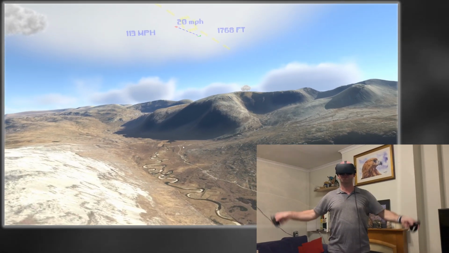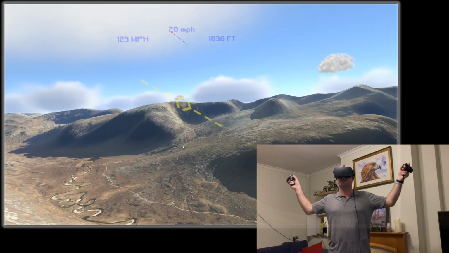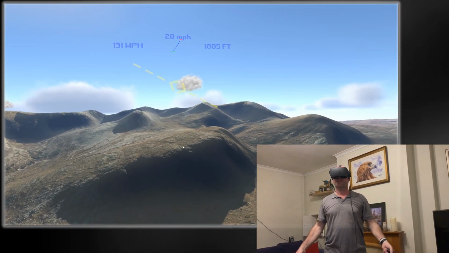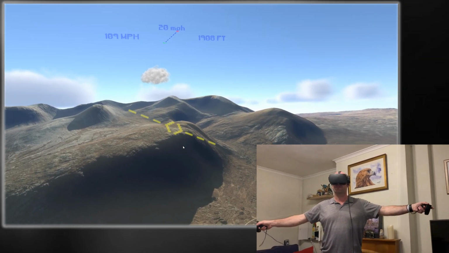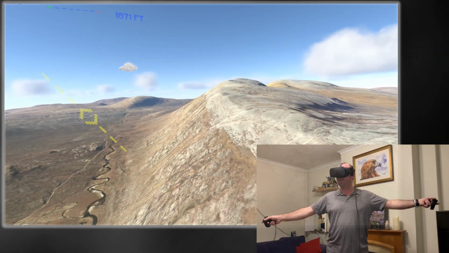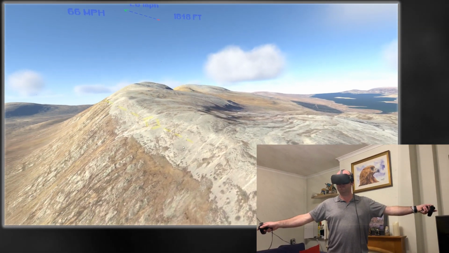If I go back to the first person view, because I'm flapping at all this extra speed, the nose is wanting to point up and gaining some height basically. So I'm going to stop that now, because I need to get rid of all this height to land again. So I'm going to go back towards the hill,